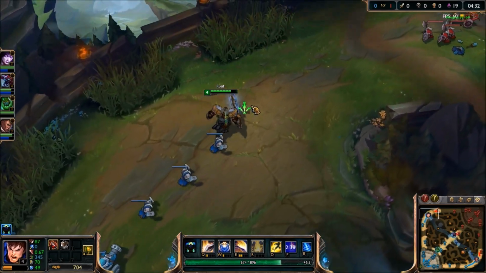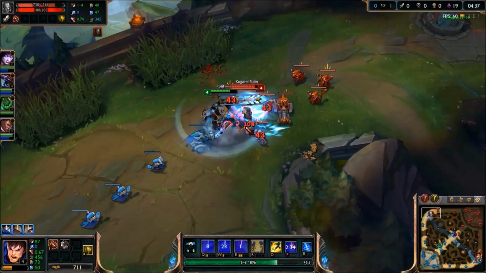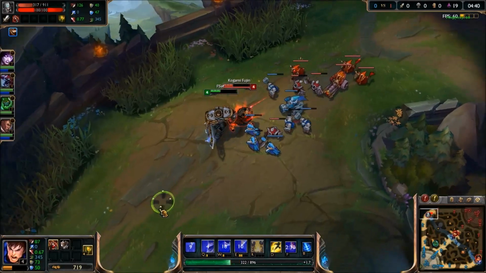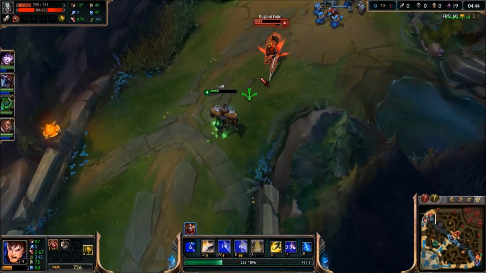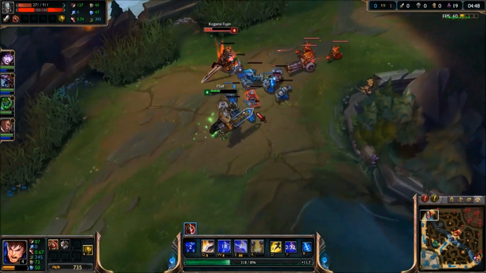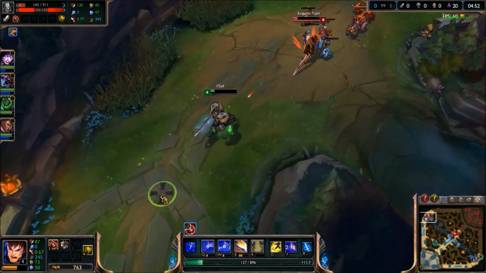But the problem, and this is one of his weak points, is that Tryndamere, as pretty much every auto attacker in the game, has a very strong late game but tends to be quite weak in the early game. He's not as powerful as he is late, and you need to abuse this as an AD caster, because Garen is not really basic attack focused. He's more focused on